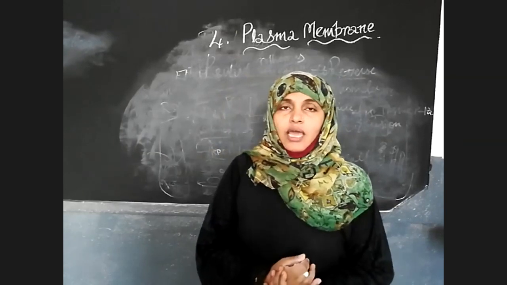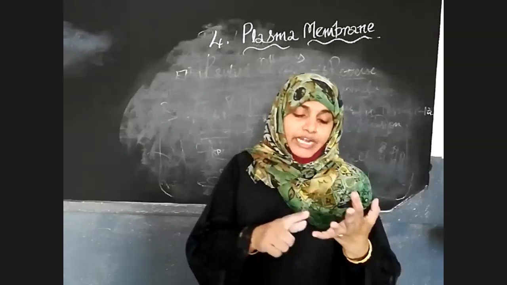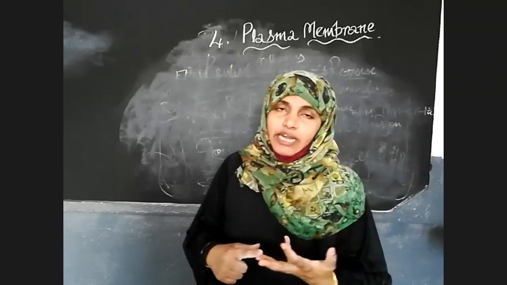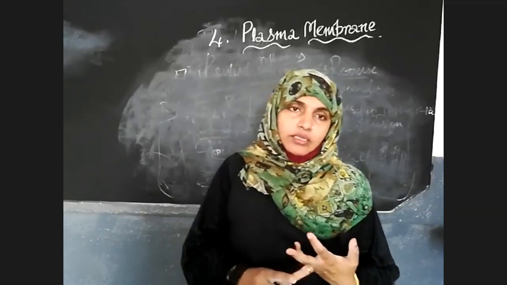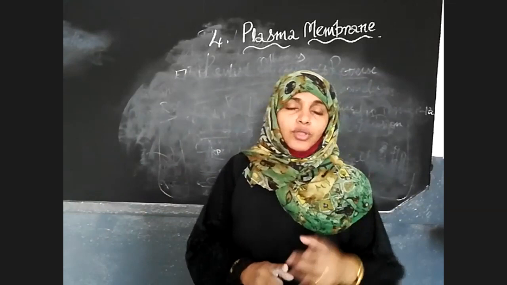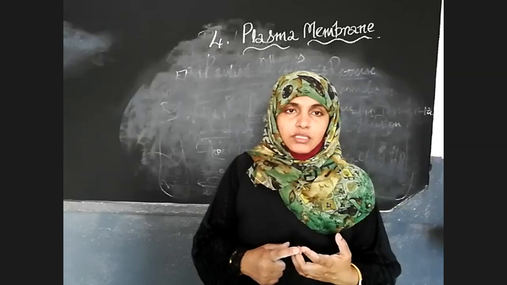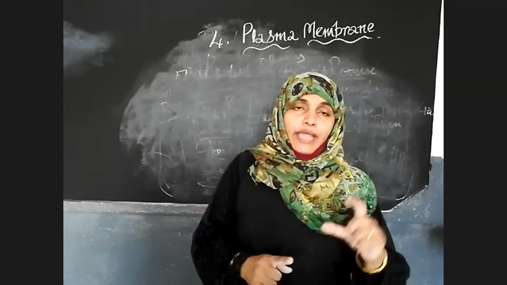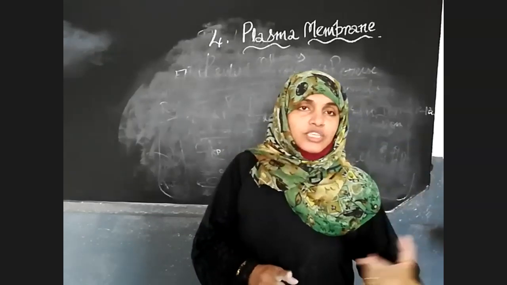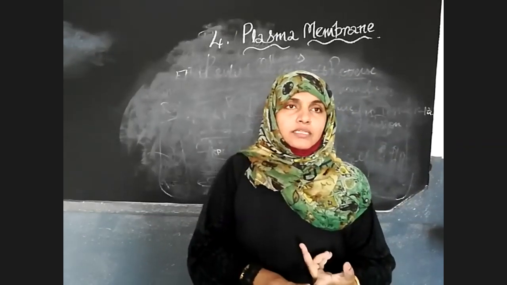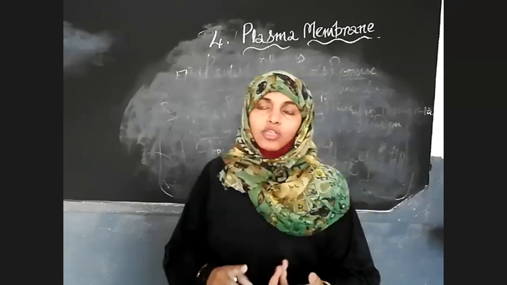Next, 4 mark questions are activities. All the activities you have to be thorough. Filtration activity, osmosis activity, sometimes they will give in brackets, kishmish activity you write, potato activity you write. So whichever they are asking, that only you have to write. So you write this in your class box. Potato activity, kishmish activity for osmosis, diffusion activity by potassium permanganate or copper sulfate crystals. This is the diffusion activity. Then next important 4 mark question is filtration activity, diffusion activity, osmosis activity.